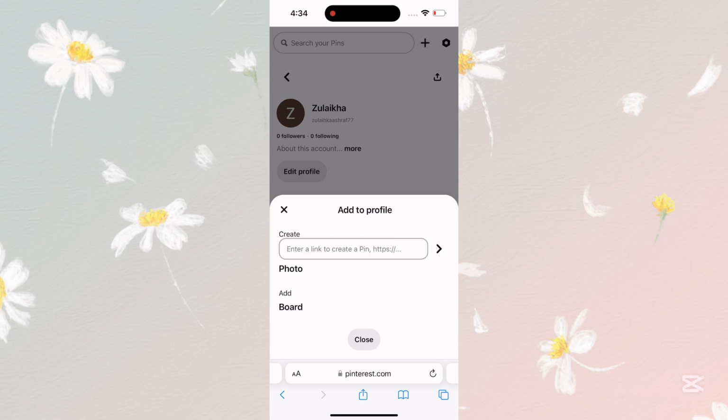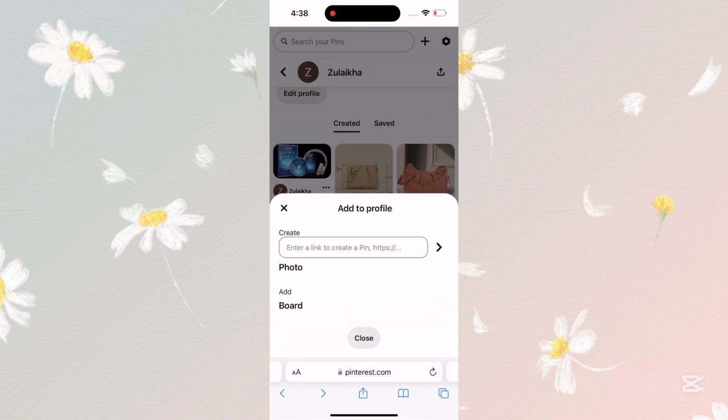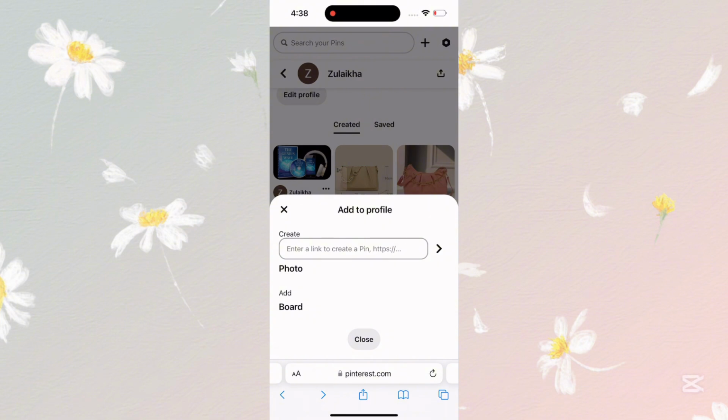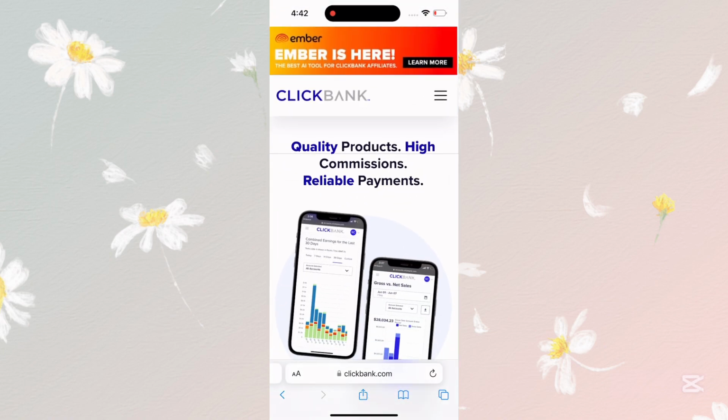So if you talk about where you can find these links, here I will teach you where you can find them. There are some websites where you can find this link. One is called Digit Store. In Digit Store you can find many affiliate links. And we also have ClickBank, from where you can copy all the ClickBank affiliate links and you can